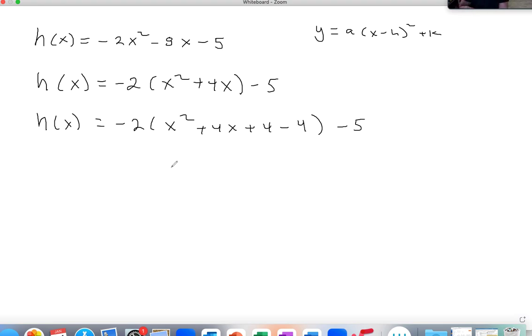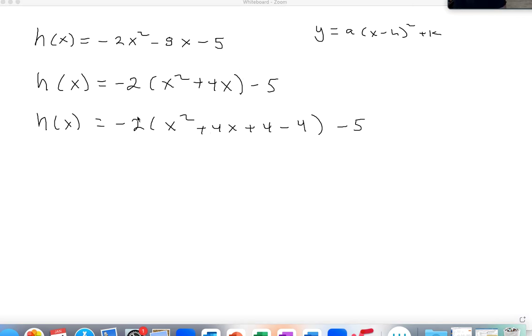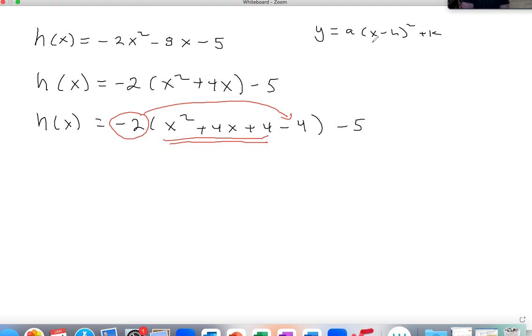But they're absolutely equal. But what that lets me do is this weird selective distributing of this 2. So I'm going to take this -2 and I'm going to multiply it to that -4, and the reason is because the part that I want is right there. That's the part that's going to turn into this perfect square. So I need to get that -4 out of my way. So if I do that,